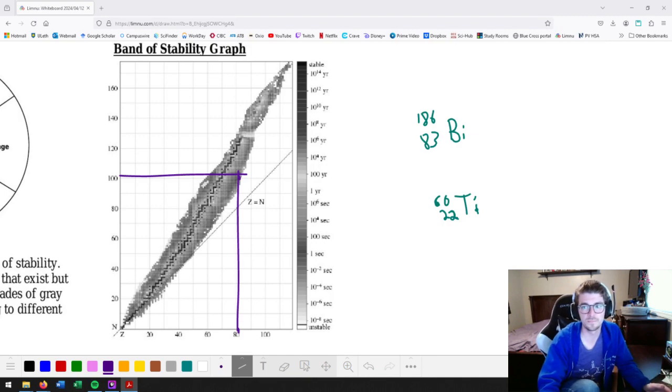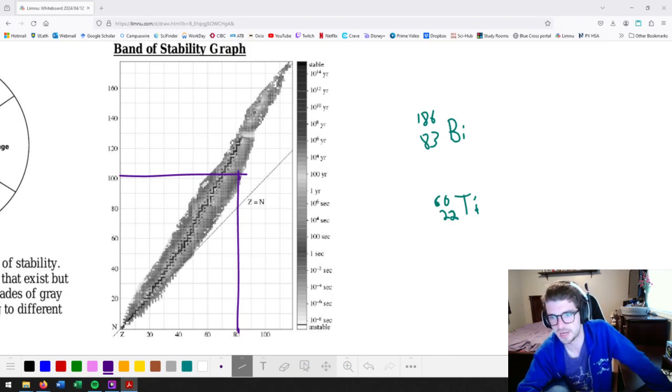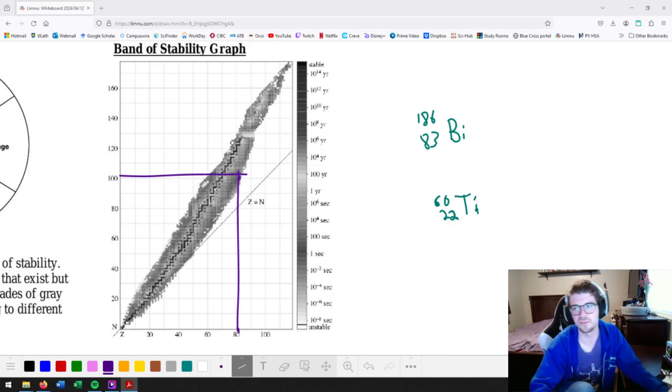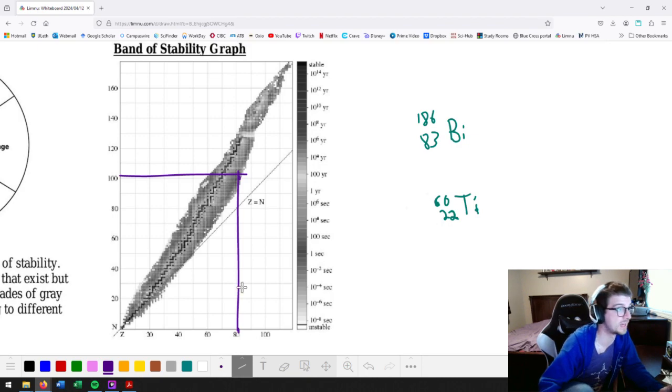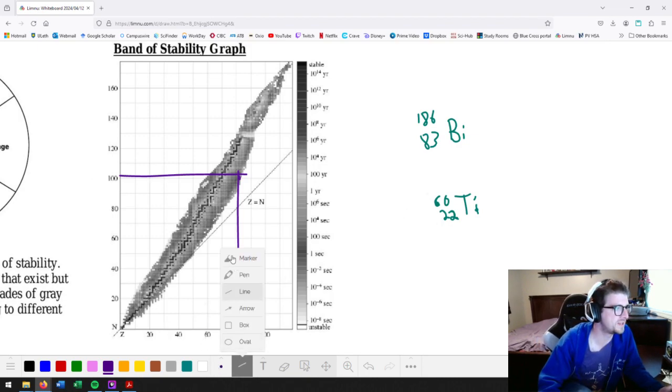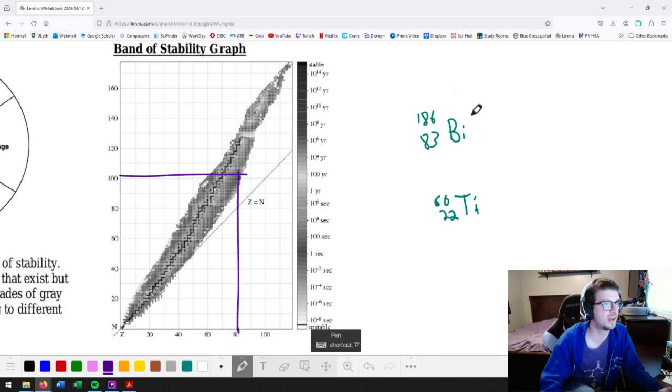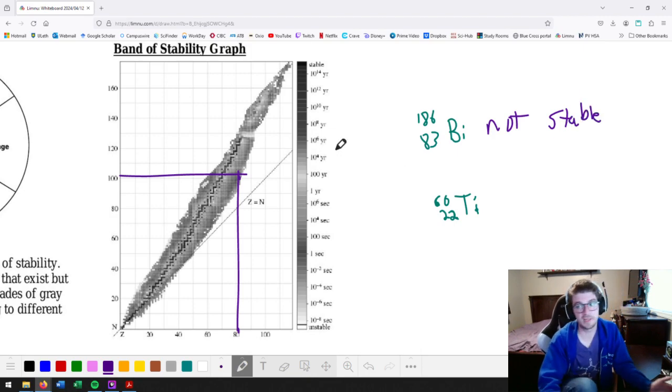I'm actually going to look up the answer key because that is a really fringe case. Yeah, so this is listed as not being a stable compound. So what that means is that this is not stable, and pretty clearly,